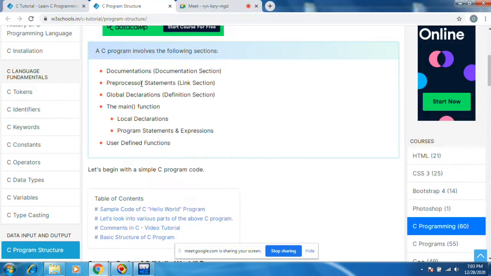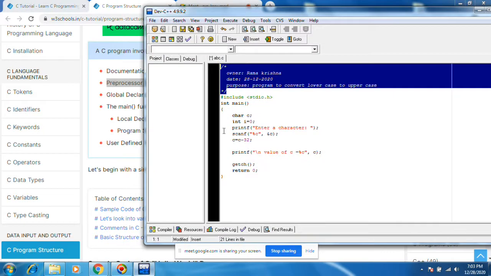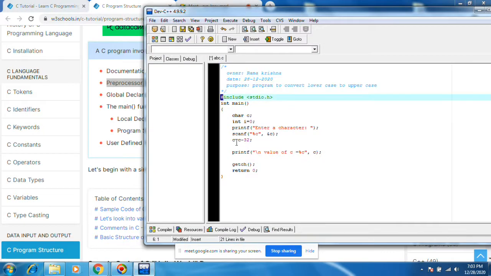And then preprocessor statements, the link section. In this place, hash is the preprocessor. Okay, this stdio.h is also a header file. .h means header file, just as .c means C file. Header files are placed in some location.